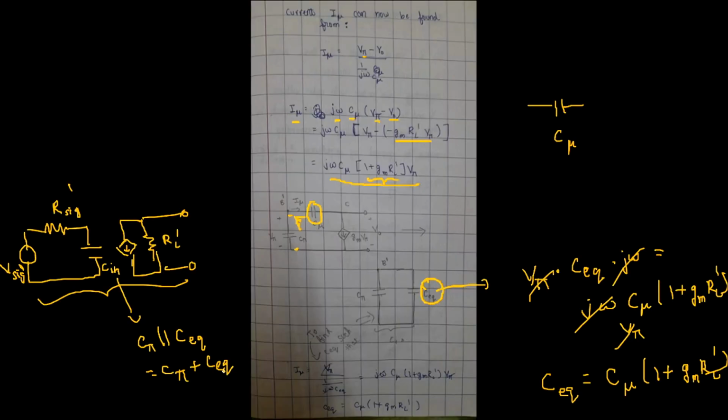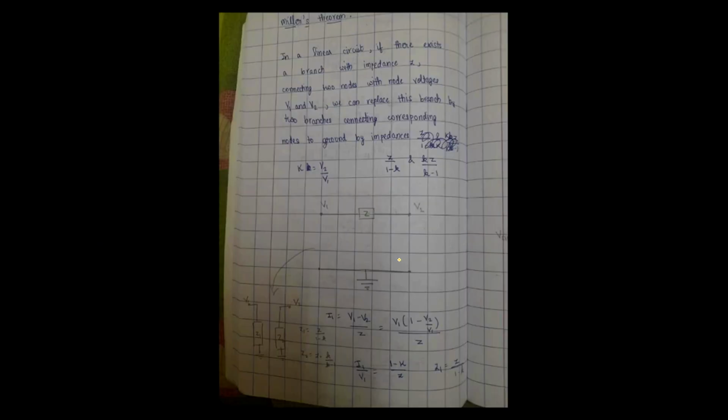So the simplification of the capacitances that we tried to find by taking the current flowing through both of them to be the same can be done in a much simpler way using a theorem known as Miller's theorem, which is used to simplify circuits. What Miller's theorem says is, if you have an impedance Z across two different potentials V1 and V2, this can be replaced